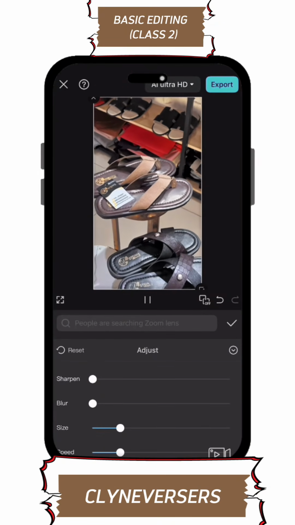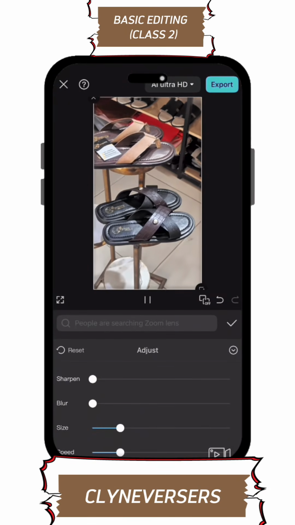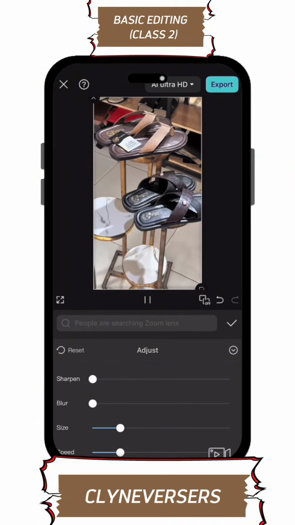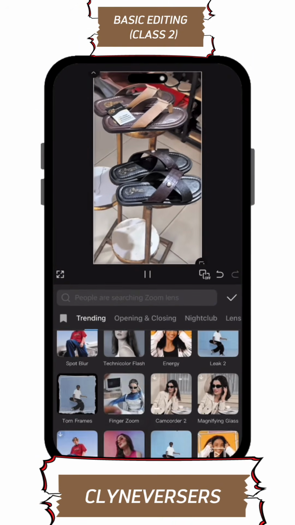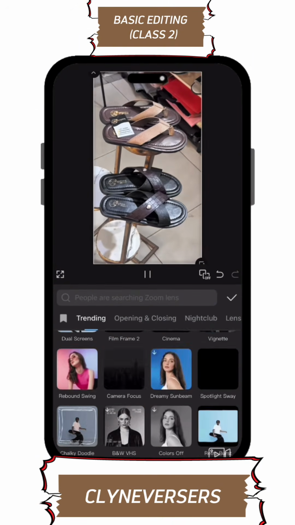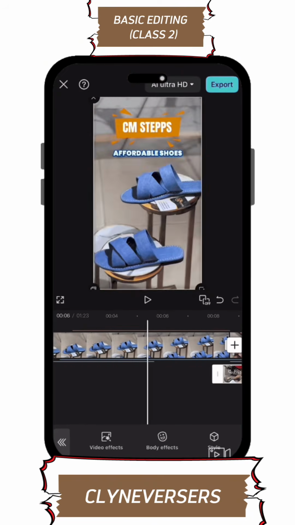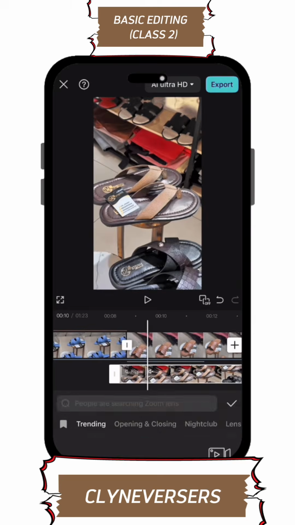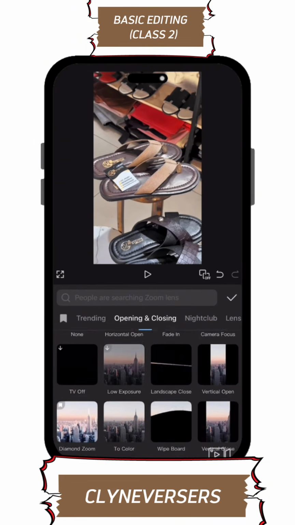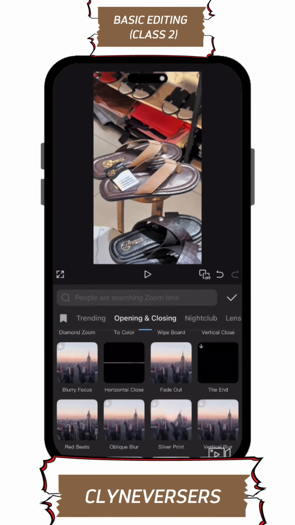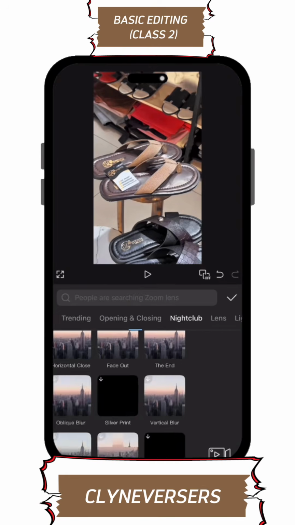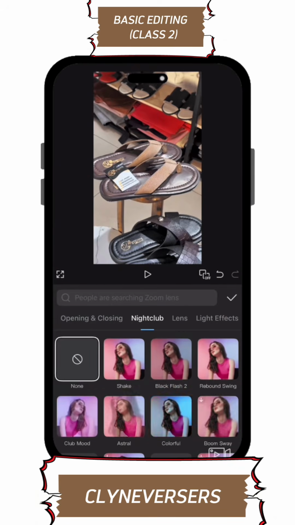So let's say I want a continuous movement. I can just click this effect right here. This ripple effect right here. You can play with different types of effects, but please don't use too many effects, because sometimes it makes your work look unprofessional. Normally I wouldn't use this kind of effect if I'm not doing something maybe extra or something